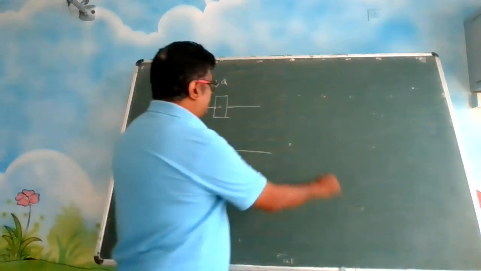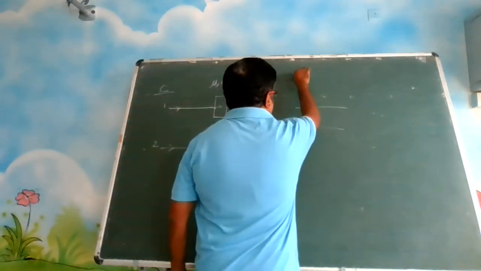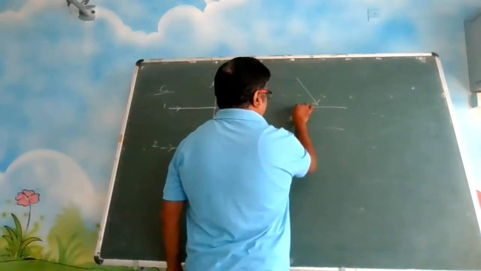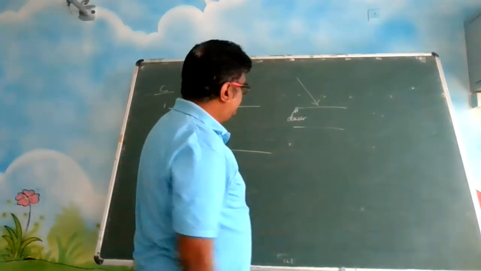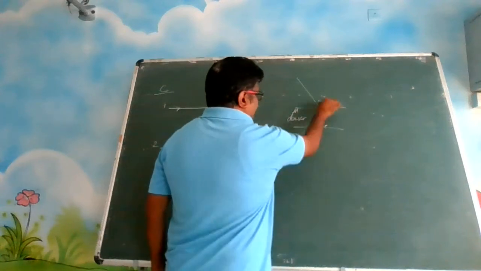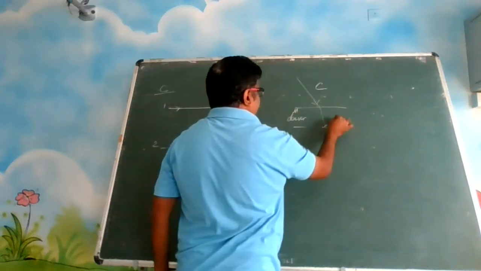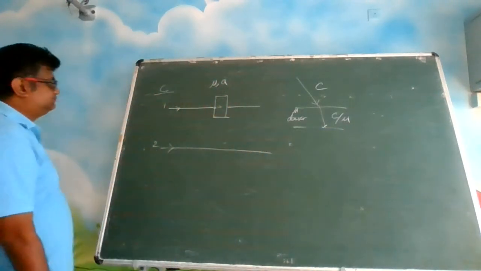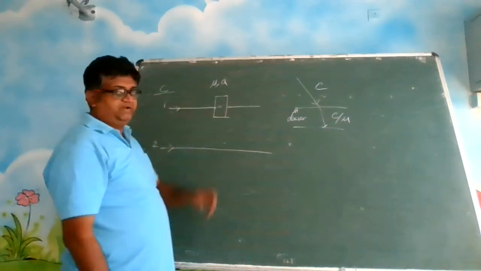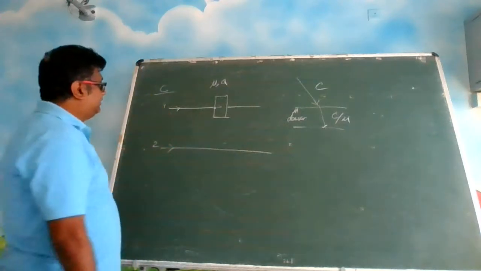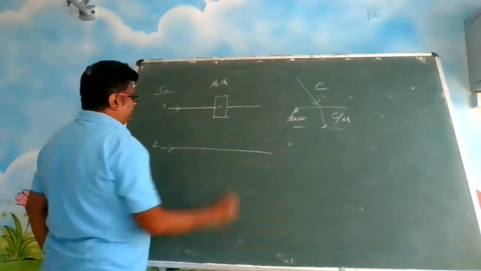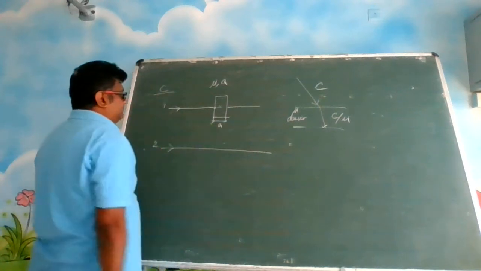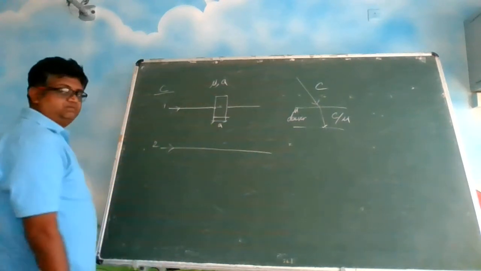Let us say this is our air medium, and this is some denser medium of refractive index mu. When it enters here the speed is c, here the speed will be c by mu. The speed will be reduced. So here also the speed will be reduced. Now the speed got reduced. This distance is a. So what is the time it will take?